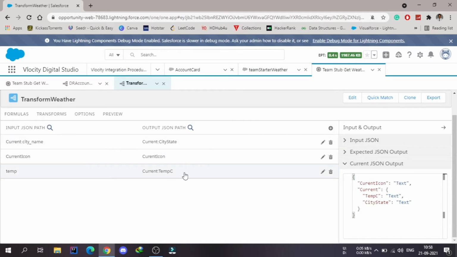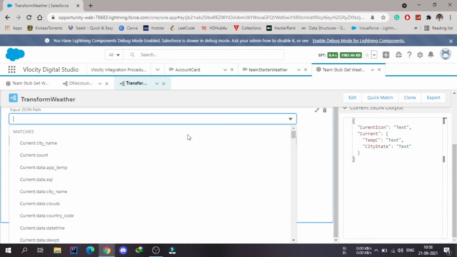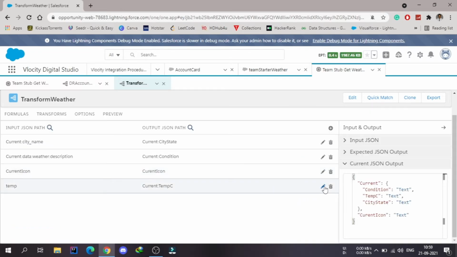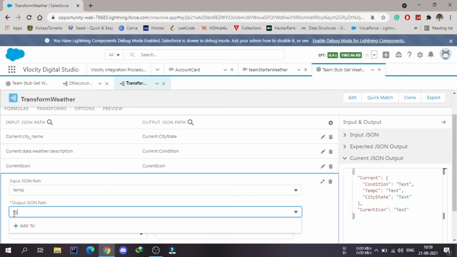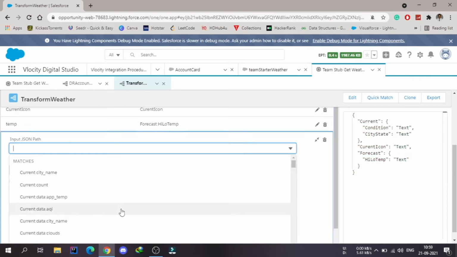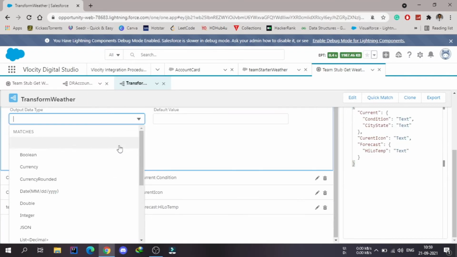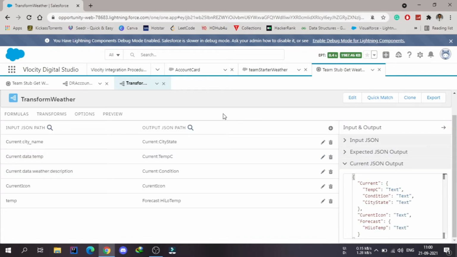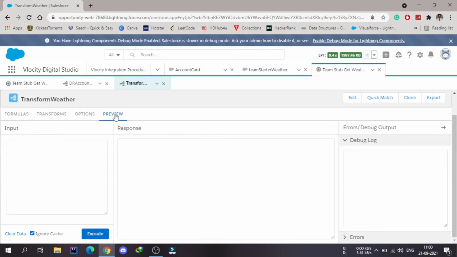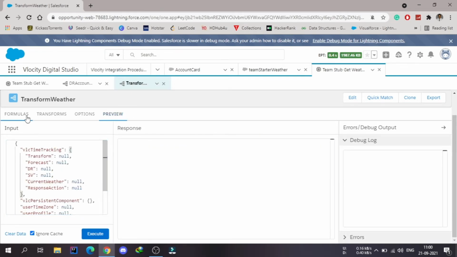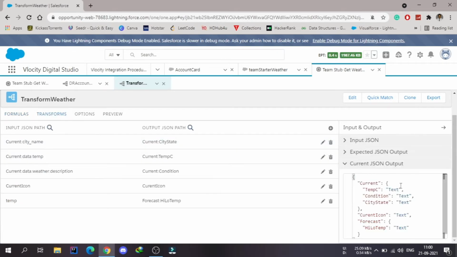So I'm going to add more nodes to this. For now I will use these fields only, and let me go to the preview. Inside this preview I have to use the same input which we are using inside this current.